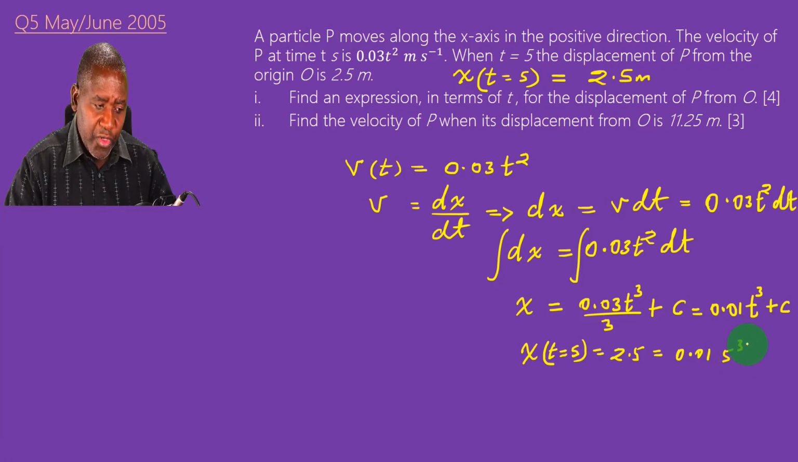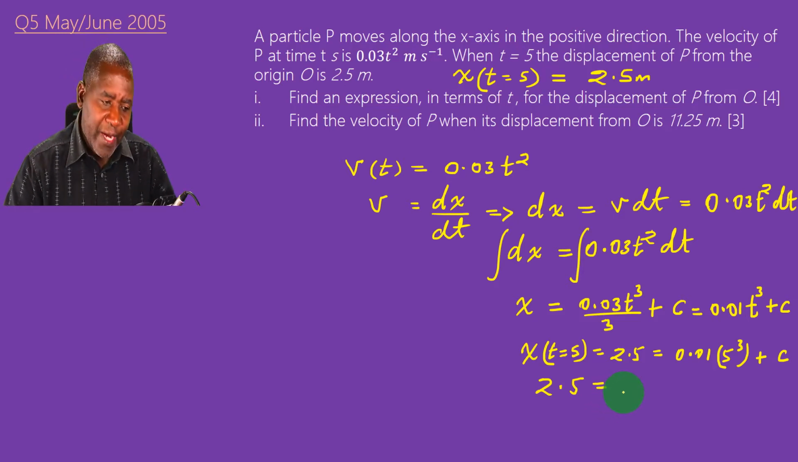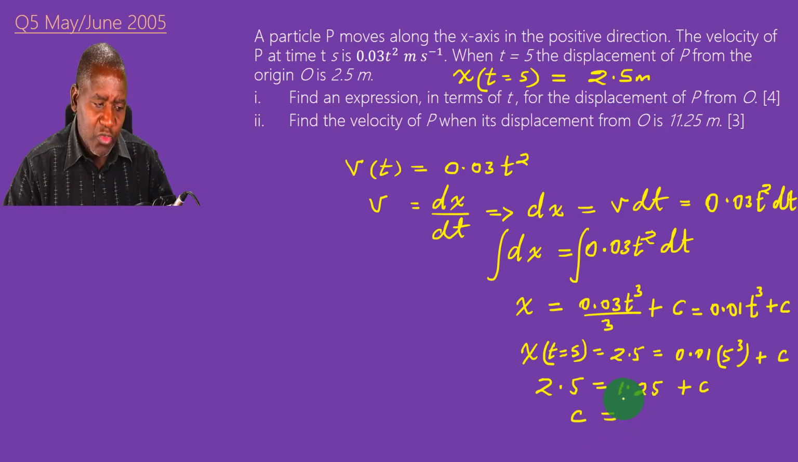5 cubed plus c, so you're going to get 2.5. 5 cubed is 125. 125 divided by 100 is 1.25 plus c. And you can see that c, I subtract 1.25 from both sides, I get 1.25